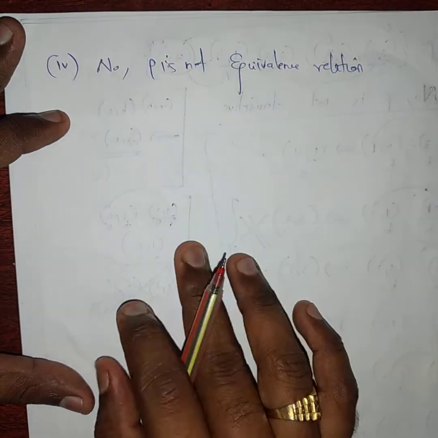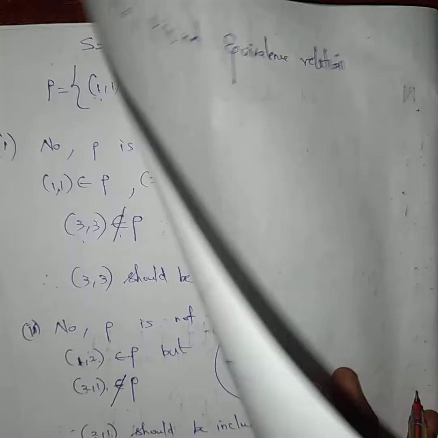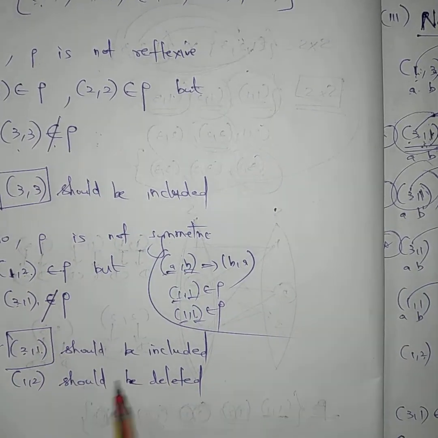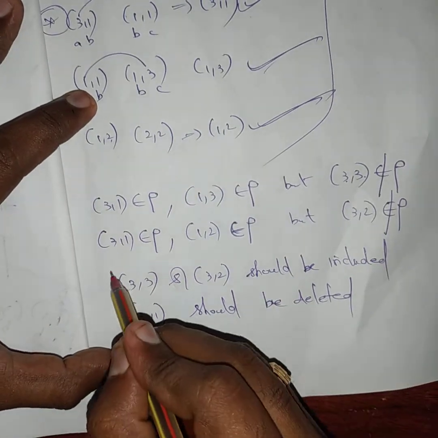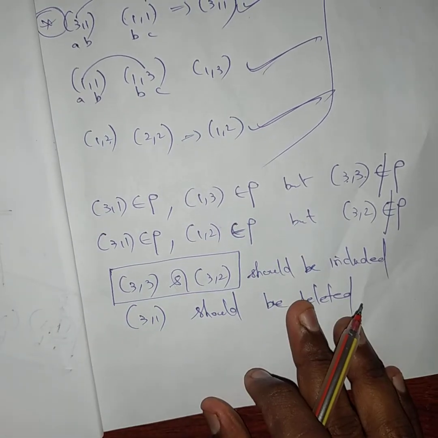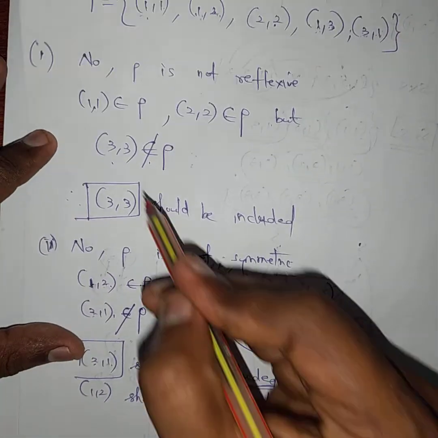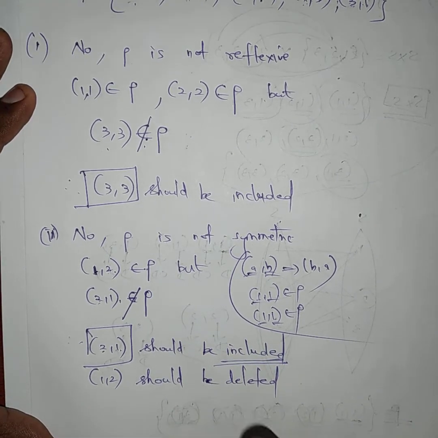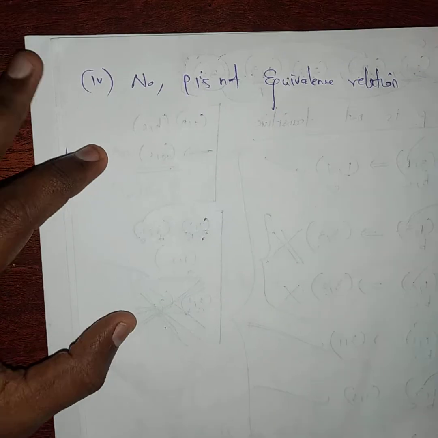So always we will do one thing: what are all included, and what are all not belonging? For example, if you are going to see symmetric, this is 3 comma 3 and 2 comma 1. You should speak only of what is to be included. Next, after that 3 comma 3 and 3 comma 2. These are to be included because these are not belonging. If these elements are included in the ordered pairs, then you can say it is an equivalence relation. Always you do like that only. But in this, some confusion starts here. Wait, I will tell you what the confusion is.